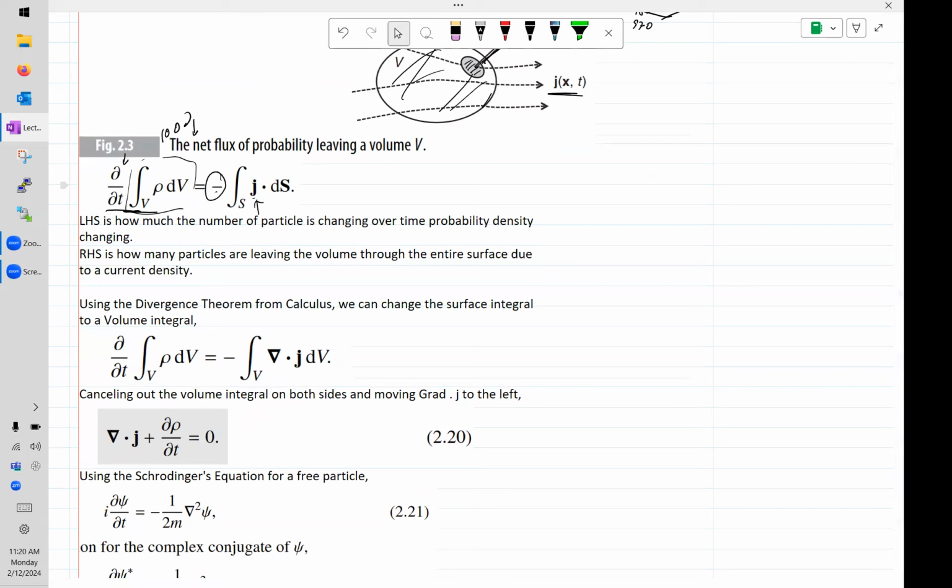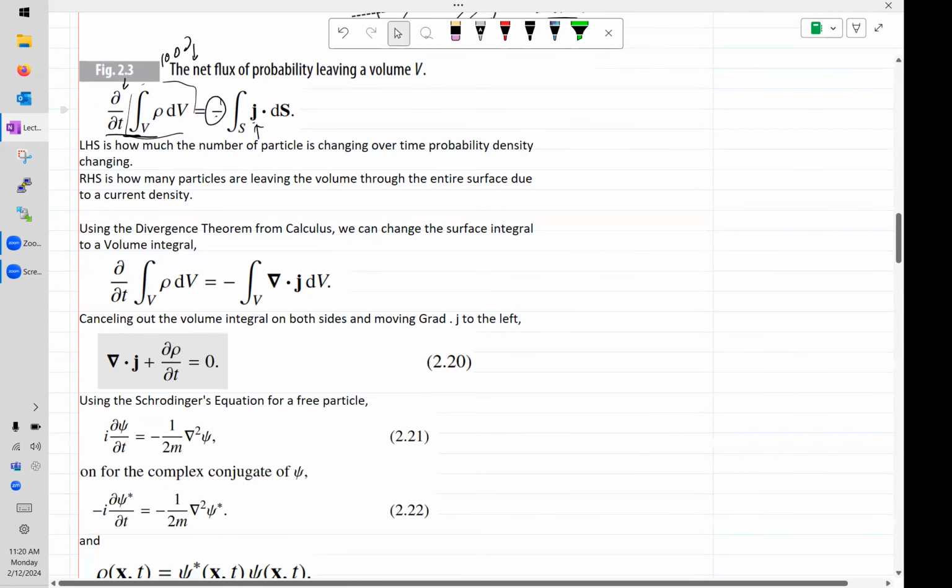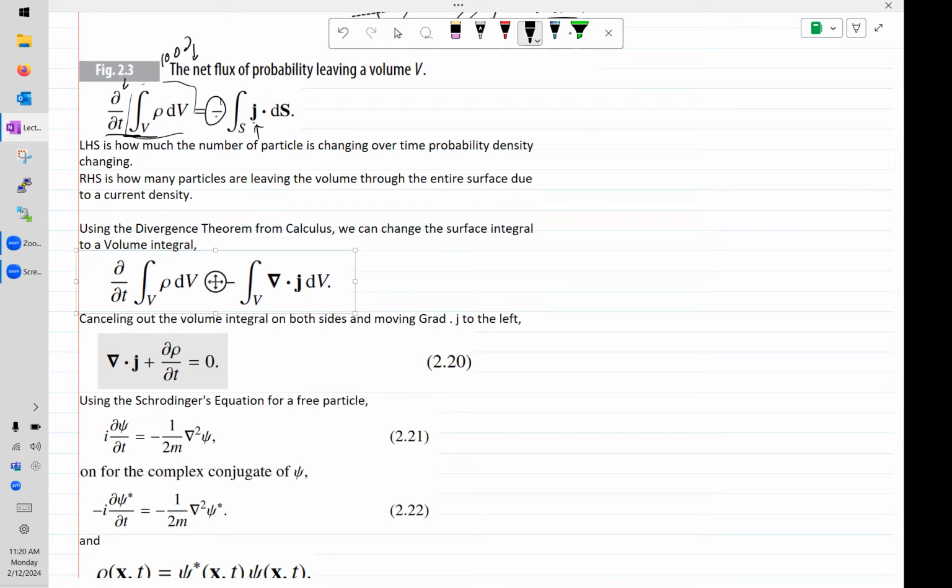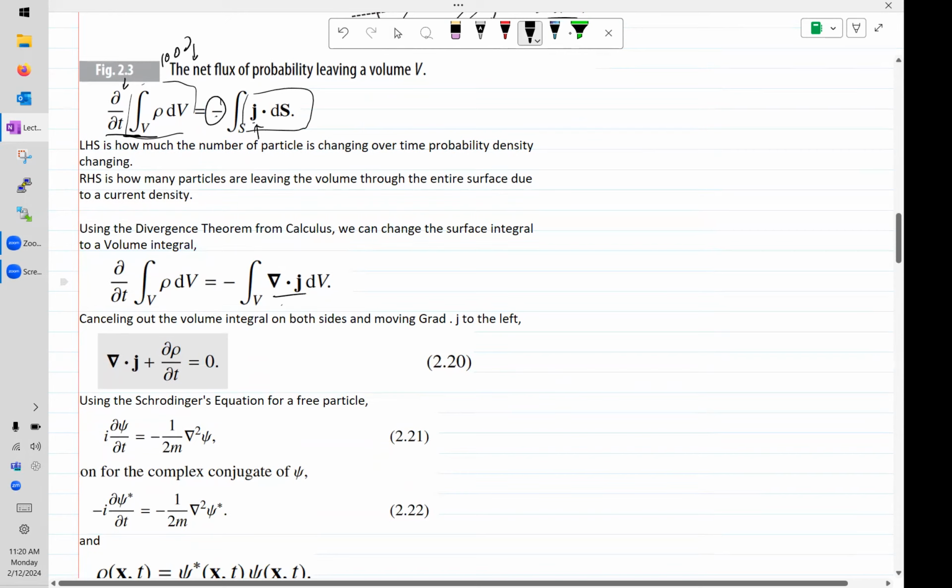How it changes with time is related to how much flows out of that surface. Okay. And now we're going to do some fancier mathematics called the divergence theorem. You just have to look it up, where it basically converts a surface integral to a volume integral. I'm not going to try to prove it because I don't actually remember how to prove it, but that's okay. But we can use it where, instead of this dot product between the current and the surface,